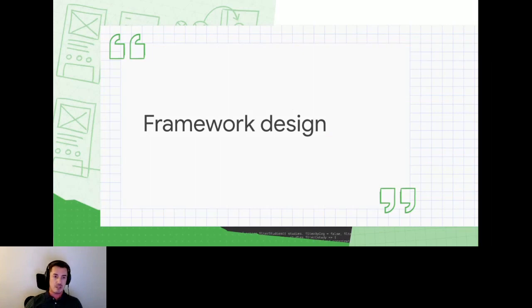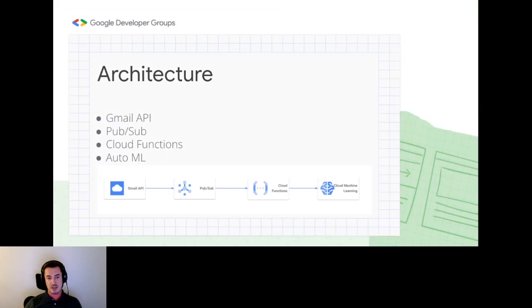Next we're talking about the framework design. As mentioned before, we're going to have four main architecture parts. The first is the Gmail API. We will use Cloud Pub/Sub, a publisher and subscriber tool, mainly to manage the Cloud Functions invocation, and also to subscribe to new email events in the Gmail API.